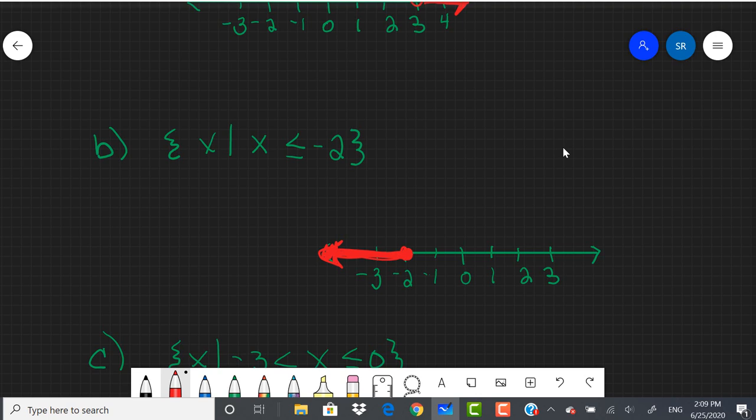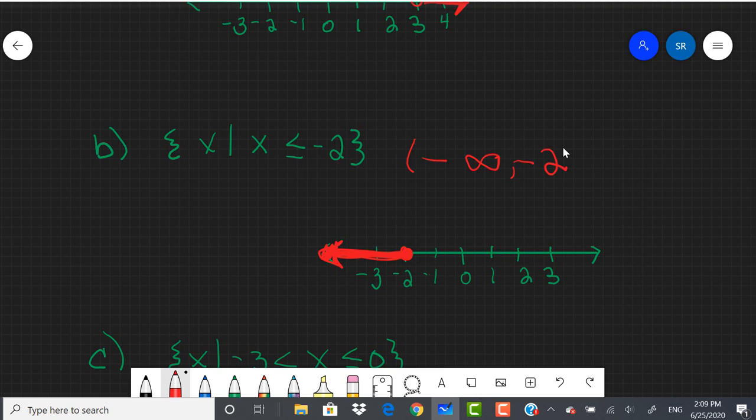So to write this in interval notation, this time you always go from the lowest point to the highest point when you're writing your interval notation. Just a little hint there, a lot of students want to write their negative infinity on the right, but we always write the lowest number first. So my lowest number here, I think I gave it away, is negative infinity. So I'm going to go ahead and write negative infinity, comma,